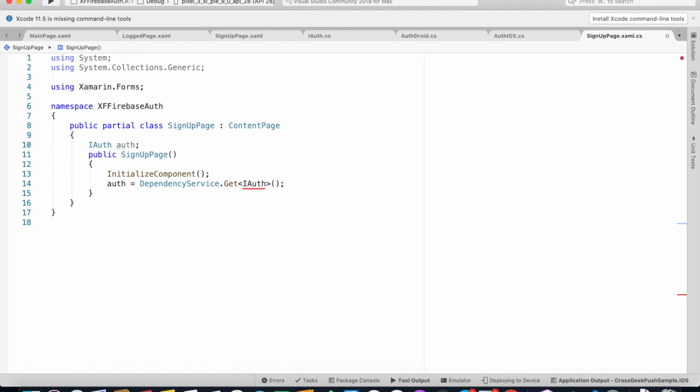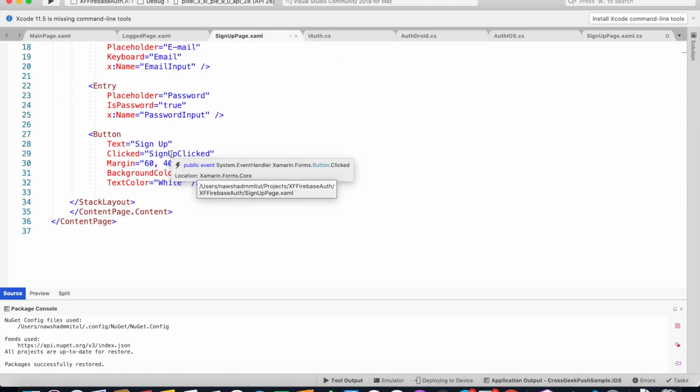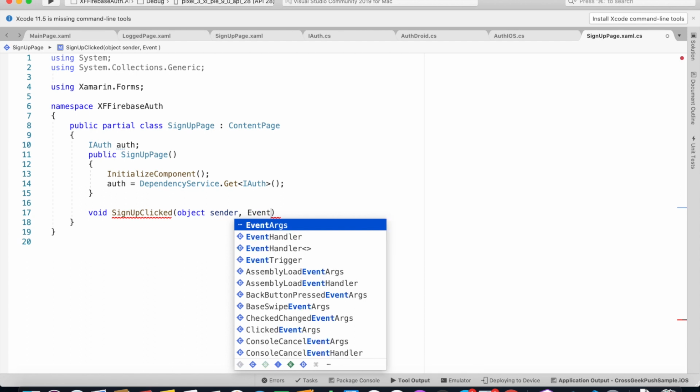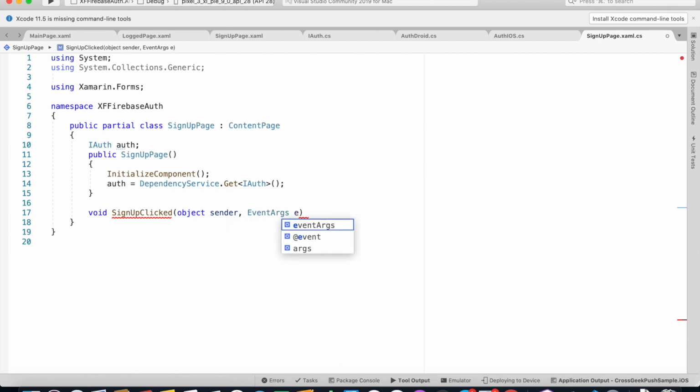So that's with a capital A. So now let's create the sign up clicked event handler. So we say void sign up clicked, and that takes object sender and event, actually. Let's make this method